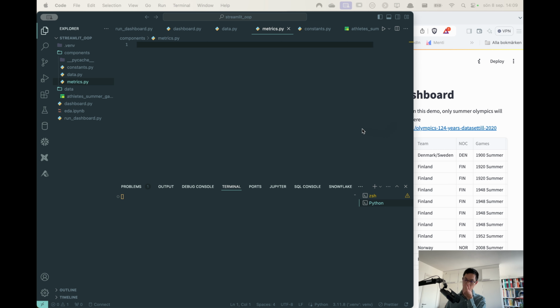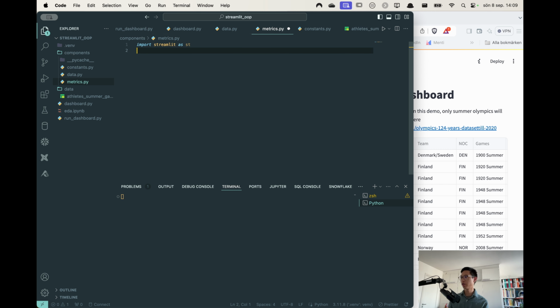Component metrics. So here now in the metrics, I will import Streamlit as st, because now we will actually use Streamlit to get the data displayed in the front end, right? From, I can't use data directly. Instead, I need to use components.data as we are in the reference view of our dashboard, right? So this one, import medals per country, and then I can do medals per country equals medals per country like